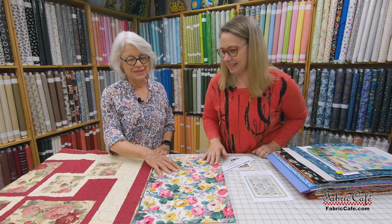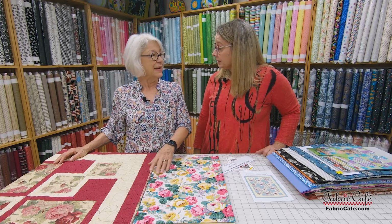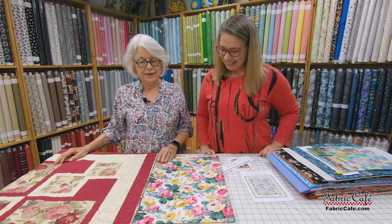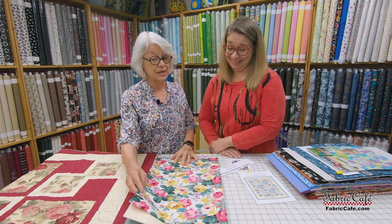So it was easy to design, and it's easy to make. And this is gorgeous. You know, this is the first year I've ever had roses. Oh, yeah? In your garden? In my gardens, I have roses. I'd never had roses before, and I am still learning exactly what to do with those, but they are beautiful,